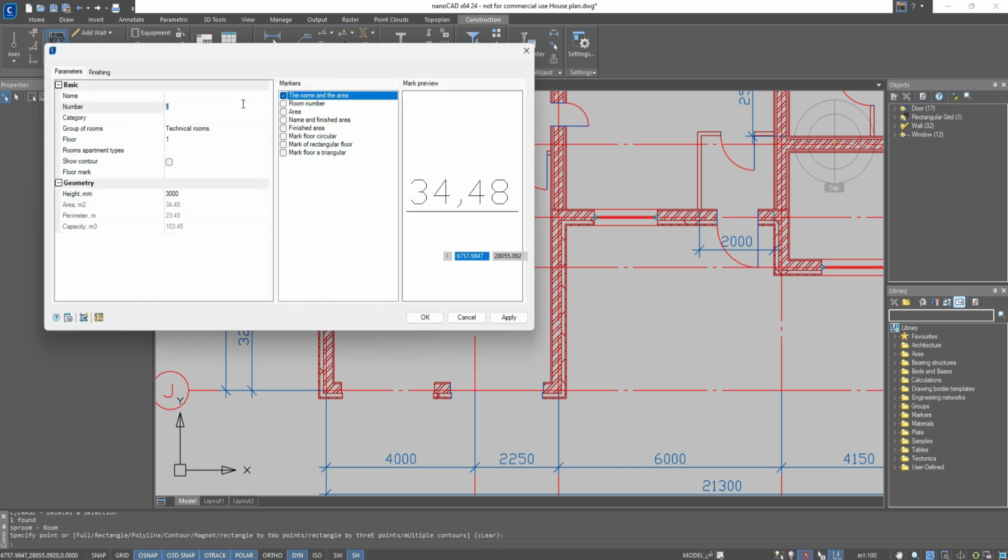In the left part of the window, we can specify the required information, which will later be used when creating a schedule of rooms. Let's fill in the name field. Many other fields are optional, but let's make sure that group of rooms and floor are also filled in. The Show Contour checkbox allows you to show the outline of the selected room. Just below, we can see the geometric characteristics that will be determined automatically and are unchanged, except for the height